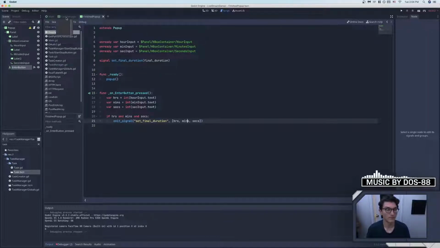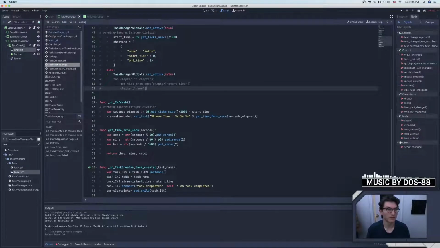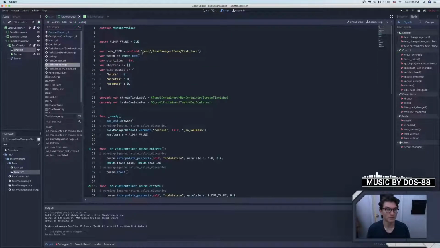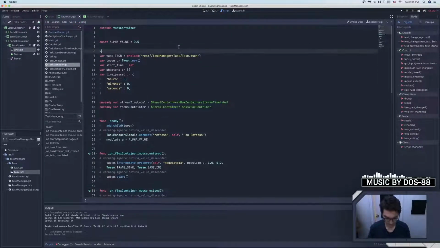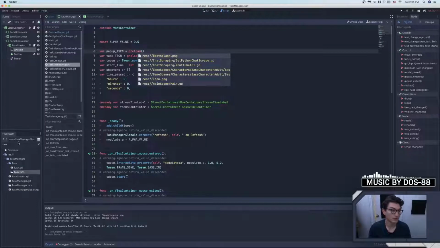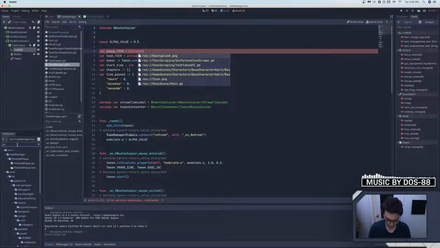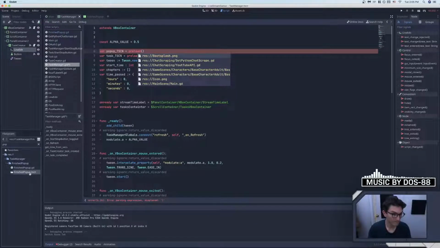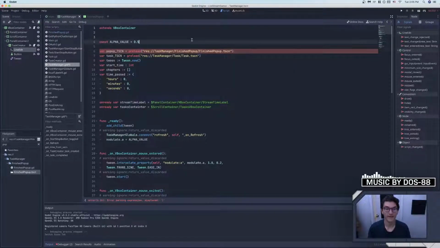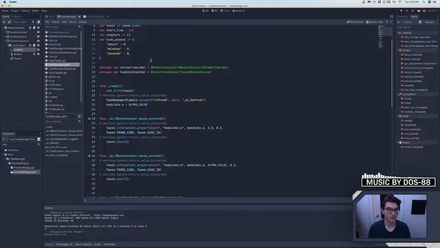Cool. Okay, and then here, what we'll do, let's just say var popup_tscn equals preload, and okay, so var popup scene equals that, so they can load it, and essentially in the ready function we're